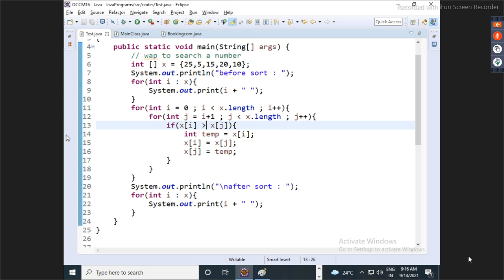Guys, done? Guys, done with the copy? Here, backslash n means new line character. Correct.